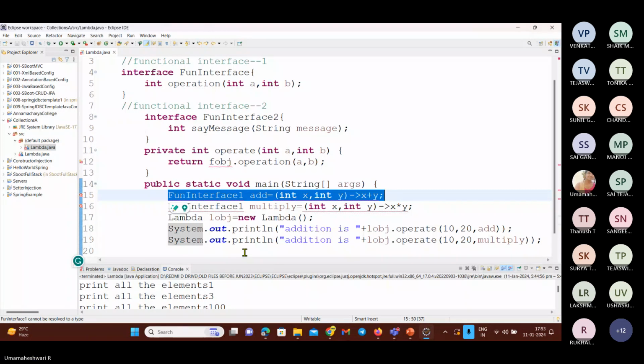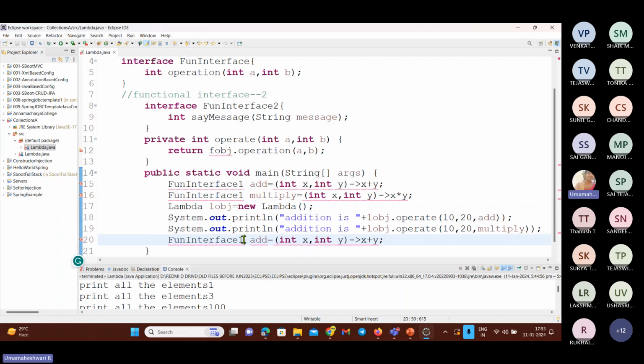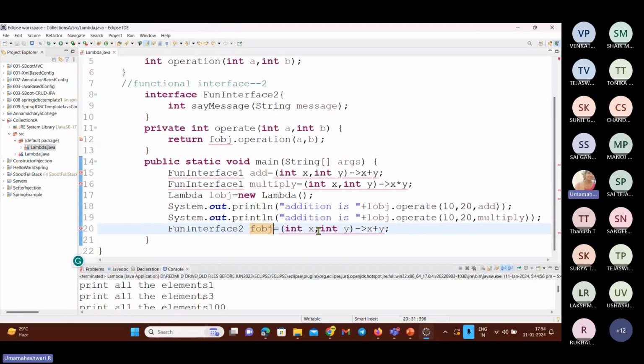Okay. So the next is going to be functional interface 2. So here, let me create EF object. So F object, so this is the F object. And what is the argument we are going to pass? Only one argument, right? So only one argument. That is method